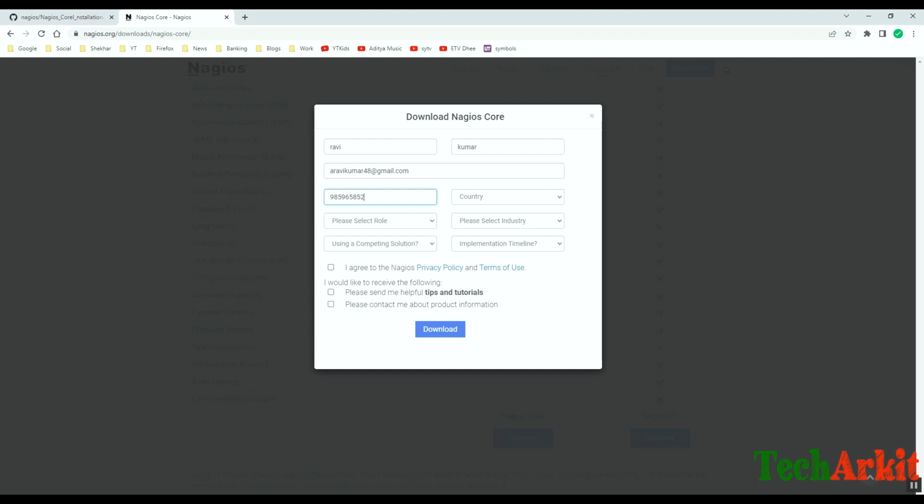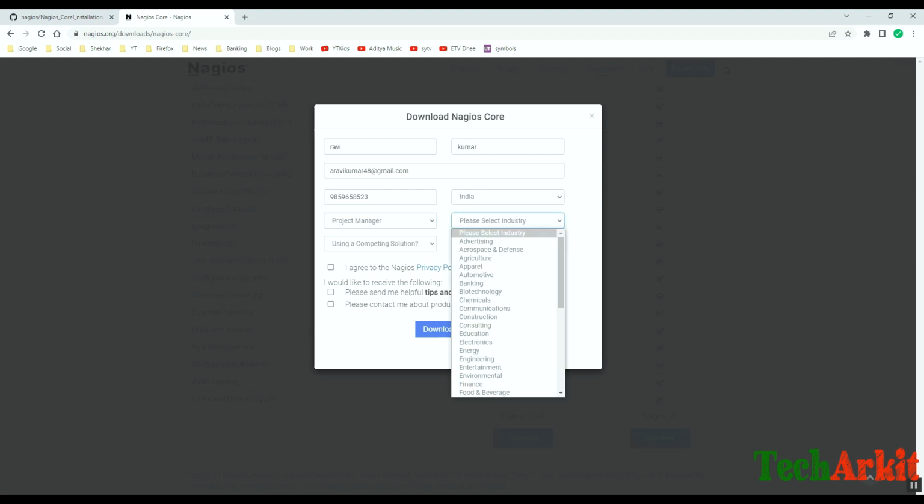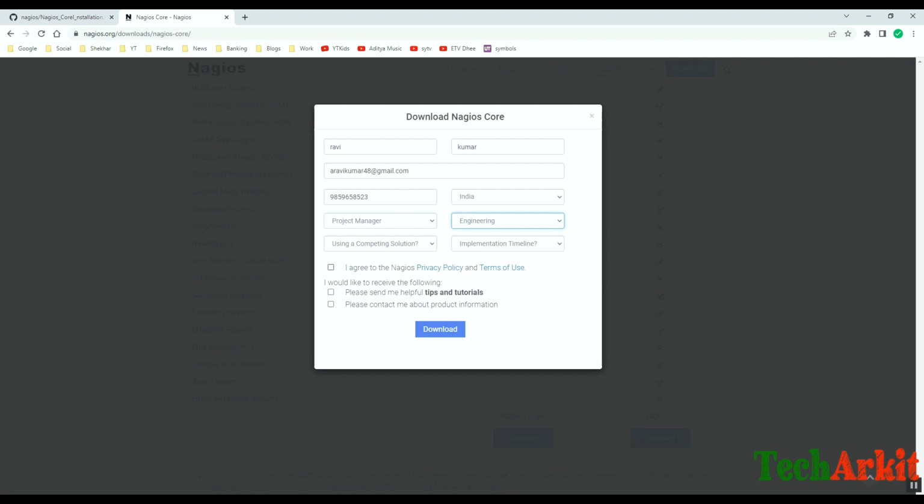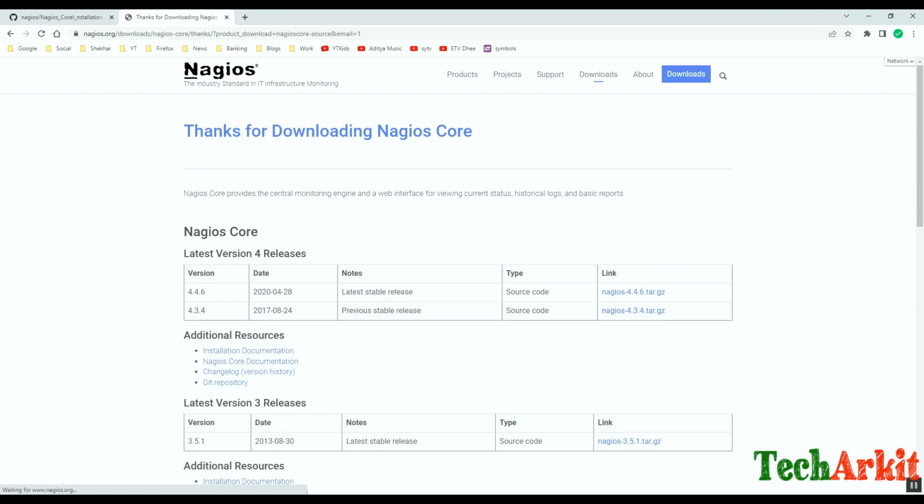So here I'm giving my details and select the country. You can fill only the mandatory fields, the not required fields you can just leave. Select this agreement details and click download. Now you can see that the download page is available for us. Now you can just copy the latest stable URL. Right click and copy the link location here